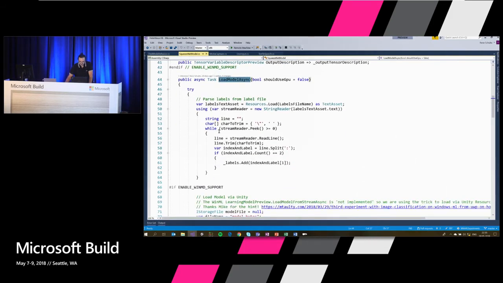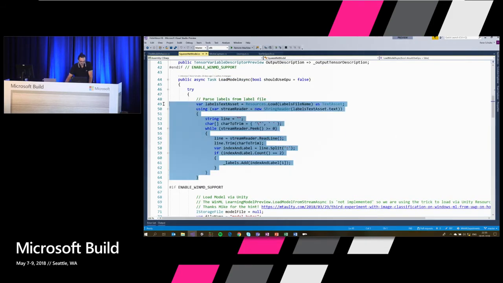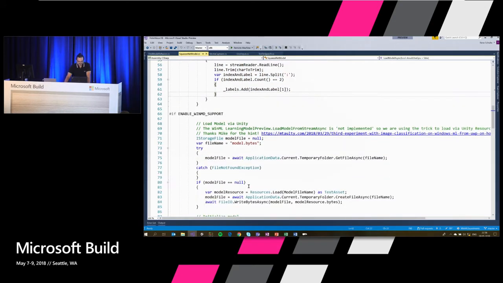You can see there's this load model async, and there's a bit of code here to parse the JSON file, pretty straightforward. And by the way, I took most of that sample from the official Windows machine learning page, but they have a 2D UWP app. What I made is I transformed that into a 3D app using Unity, added spatial mapping, and all of that on top of it, right? So you can also find some good examples there from the Windows machine learning team.